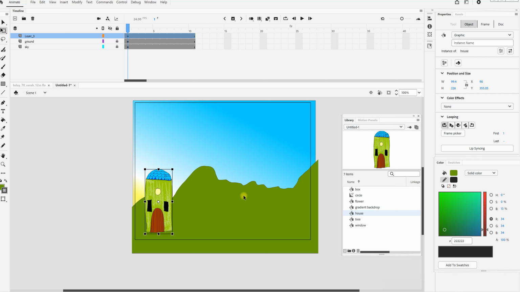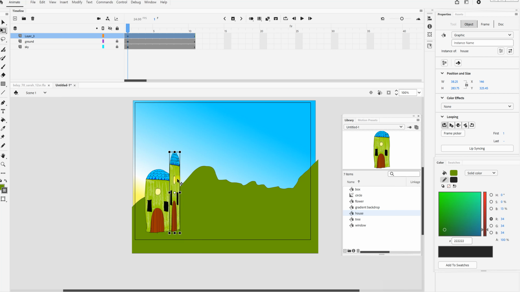I'm going to copy it, Command C, and then paste it, Command V. And then I'm going to change this size. And I'm going to move this in the back